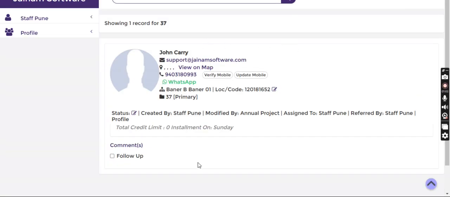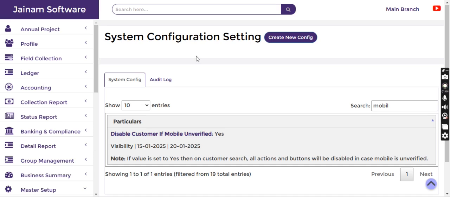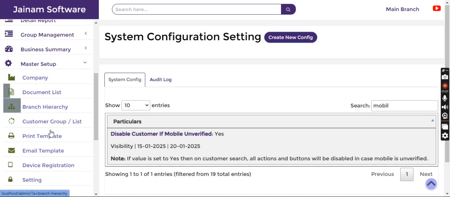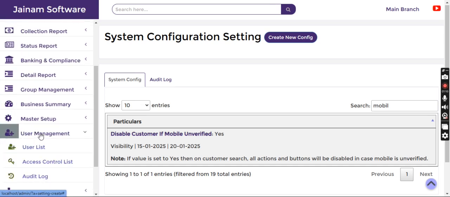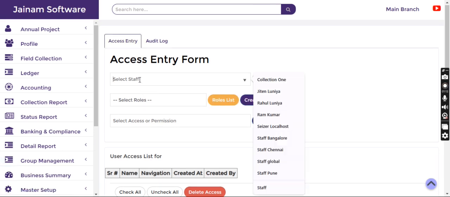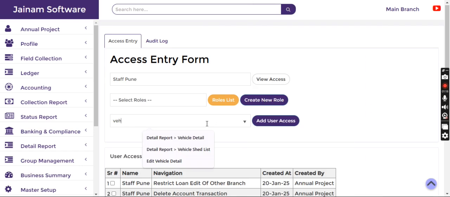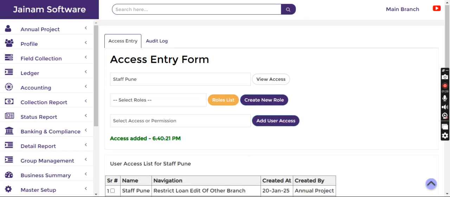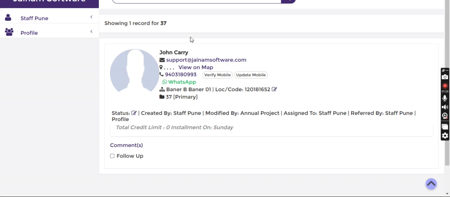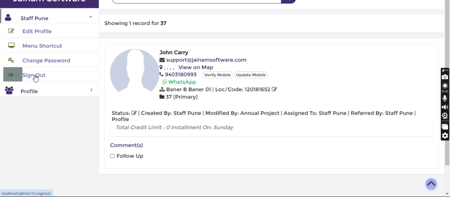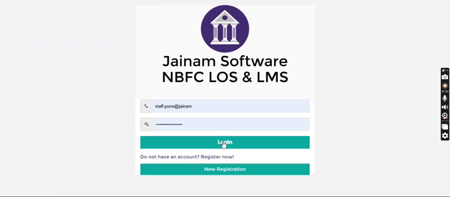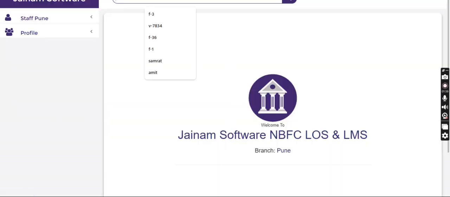So let me give the access to this user first. I have gone to this admin login and then user management, access control list. I select a staff, Pune staff, view access, and then verify mobile through OTP. I click add user access. Then when we add a new user access, we'll have to re-log in so that it will be implemented for that staff. So I log in, then search profile again